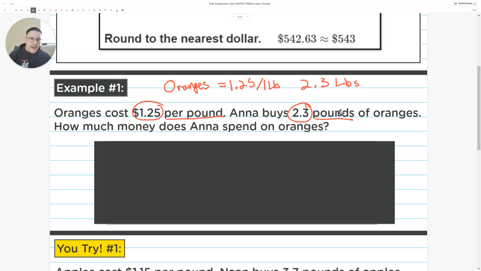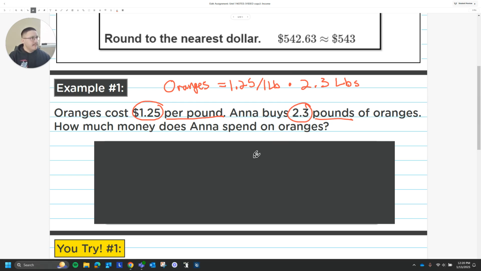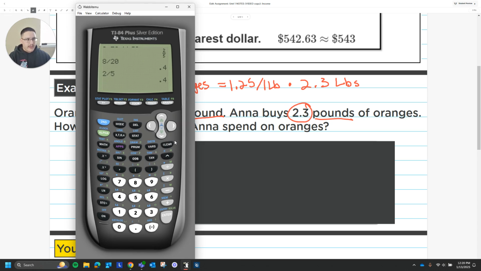Well, how do I figure out what the cost of this is? Well, I have 2.3 pounds, and I know that 1 pound is $1.25. So what can I do with these two numbers? I can multiply them to get my answer. So $1.25. Trying to bring up my calculator. Here we go. $1.25 times 2.3 will be